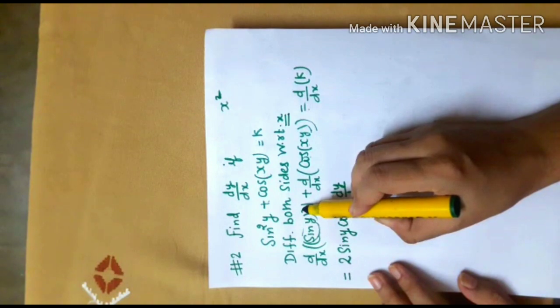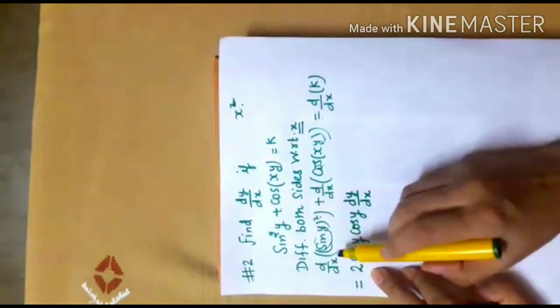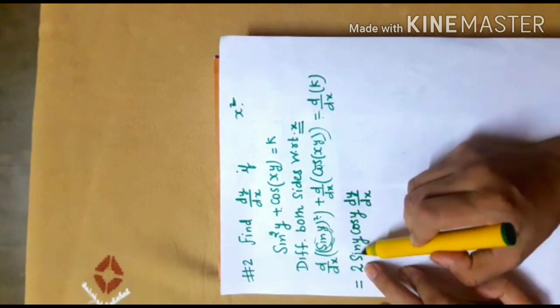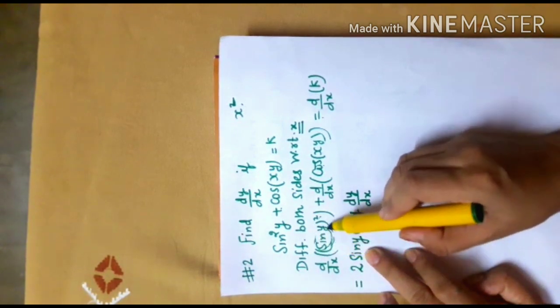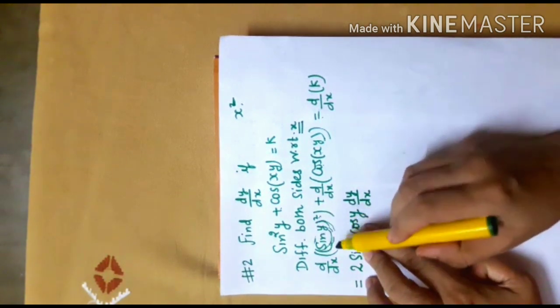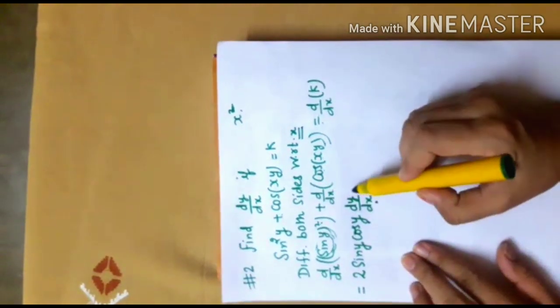First, the derivative of the outer function x square, that is 2x, and the role of x is being played by sin y, so it's 2 sin y. Then by chain rule, the derivative of the inner function, which is cos y, and then the derivative of y with respect to x, plus